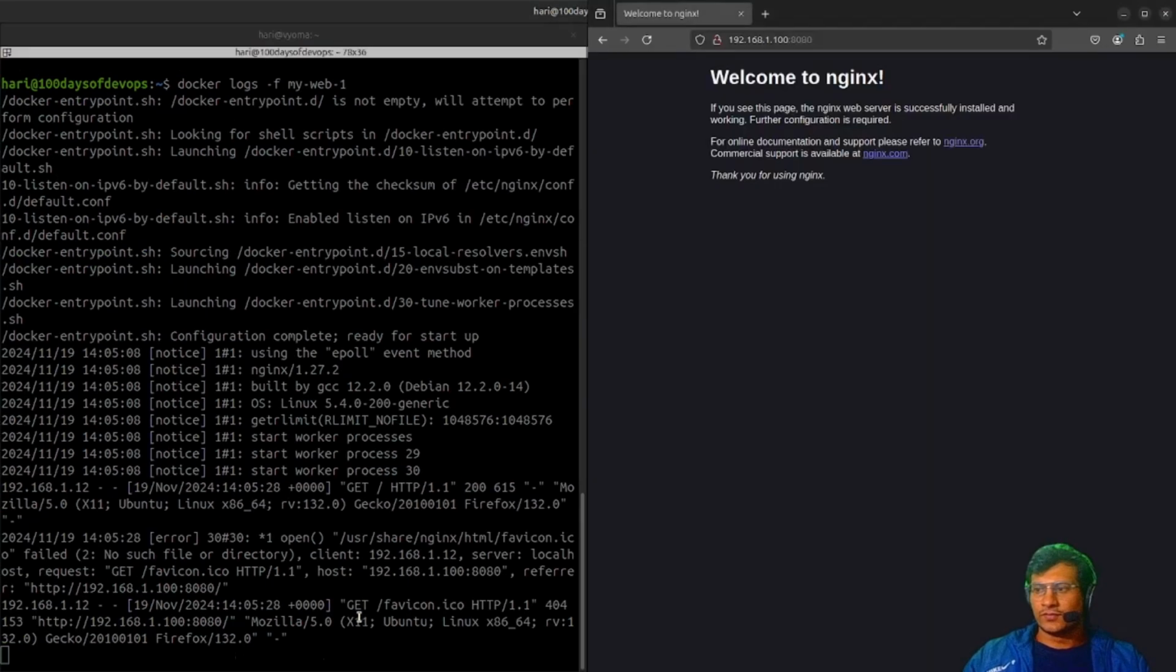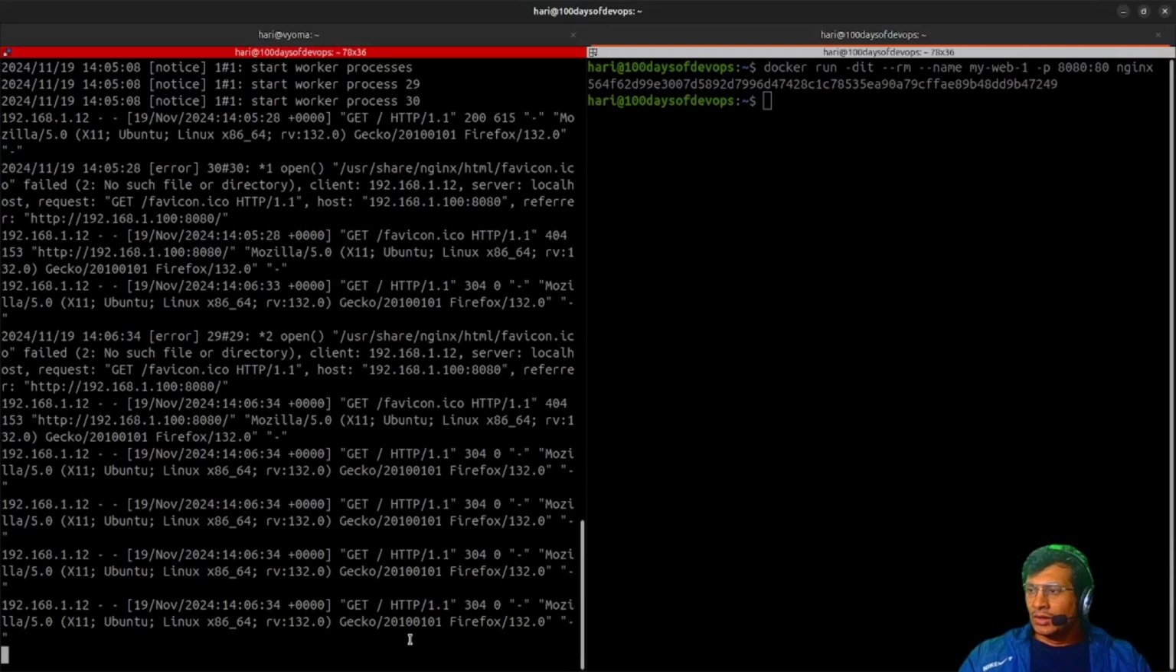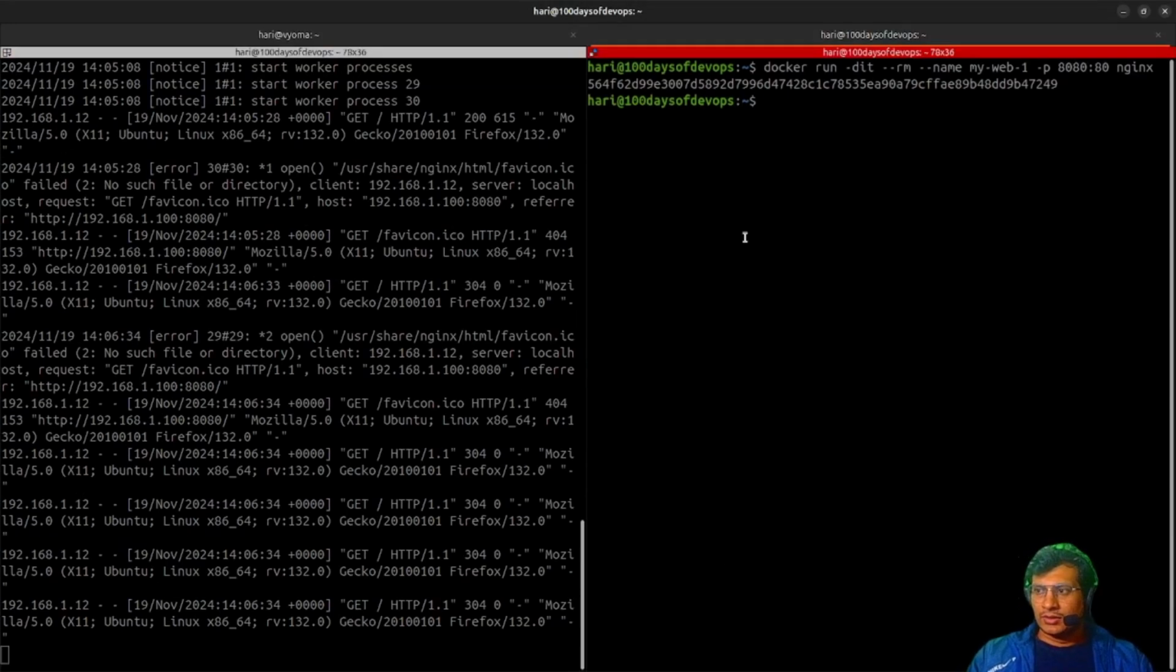Okay, so here if we refresh, here it is. Now let's create another. What we can do over here is docker cp. What is our file? This web index.html. Okay, in my web container, user share,